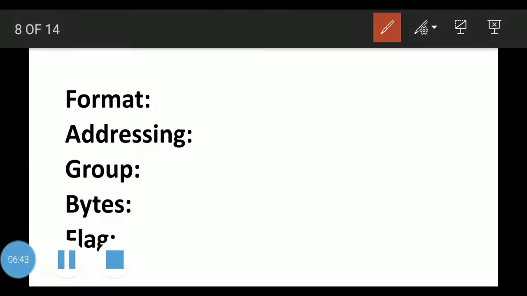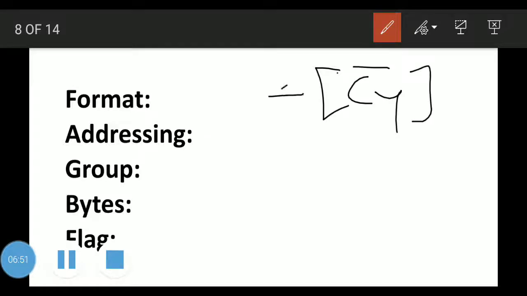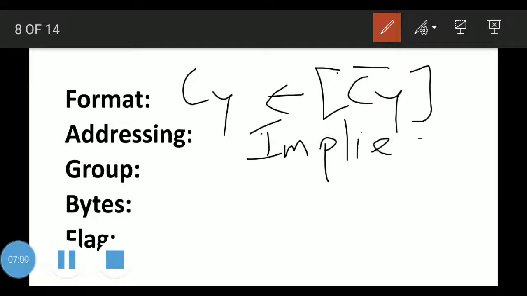The format of complement carry is that it is going to complement the carry flag. The carry flag will be complemented, the bit that is in carry will be complemented. It is implied addressing, similar to CMA. Group is logical, it comes in the logical group.